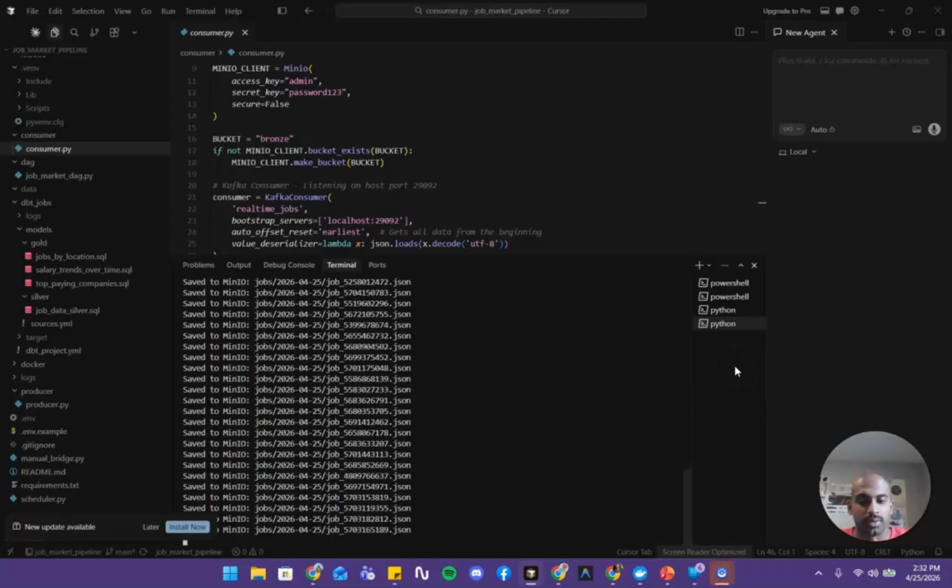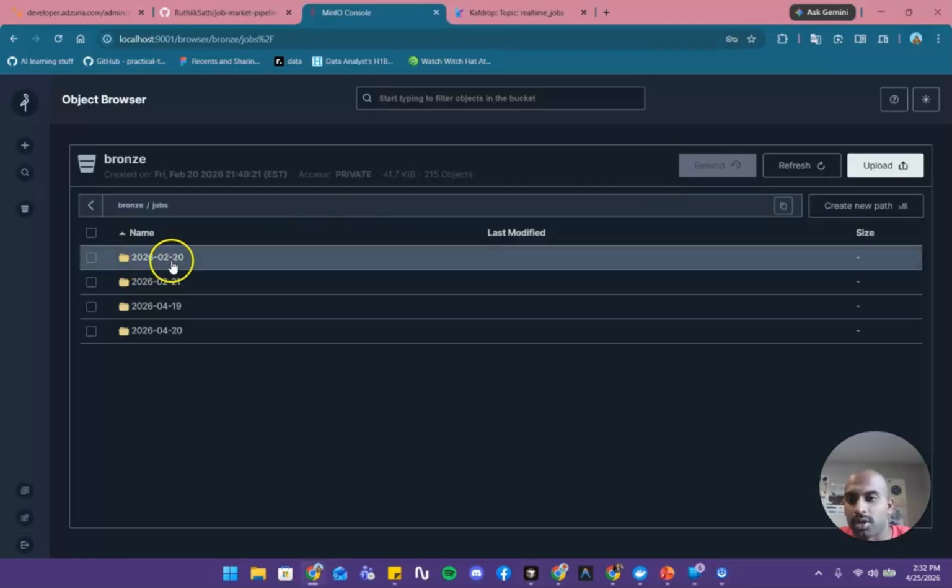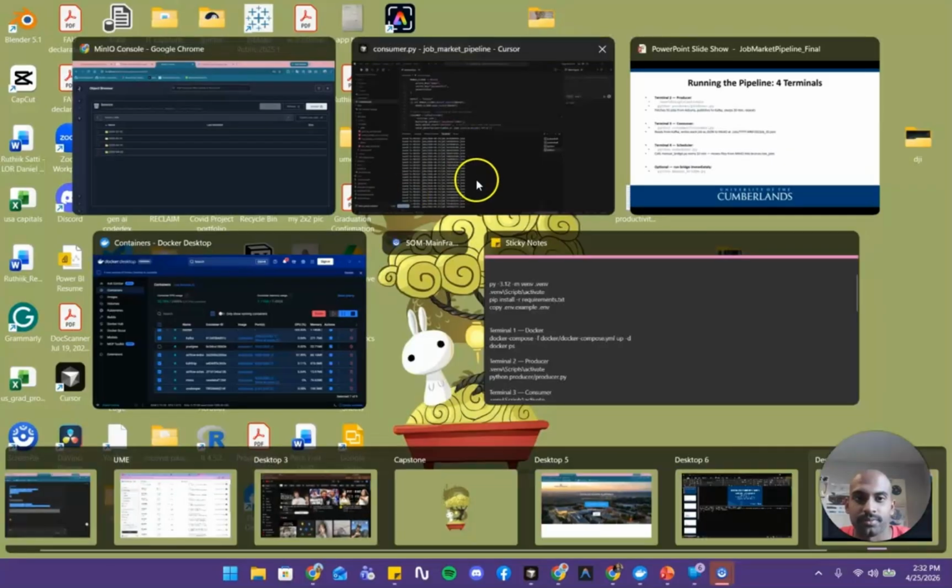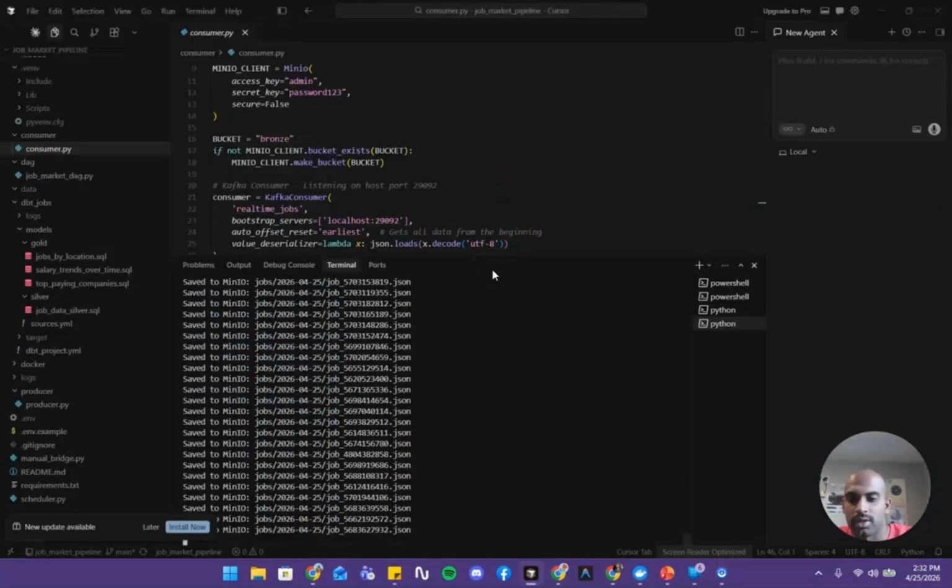the consumer, which subscribes to the same real-time jobs topic. For every Kafka message it receives, it serializes the job to JSON and writes it to MinIO at a path like jobs/2026/04/22.json. You'll see the saved files in MinIO like this, and then